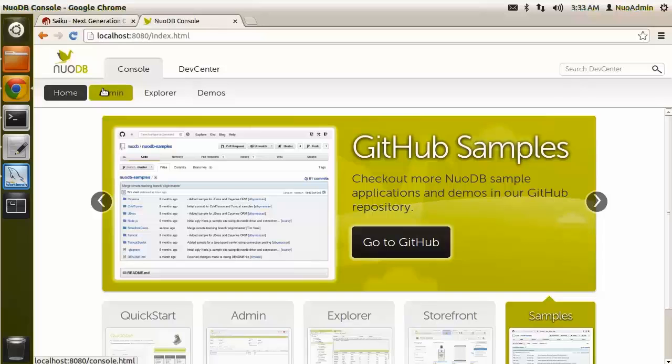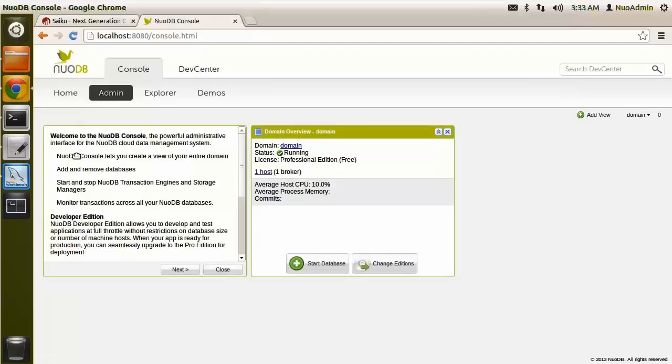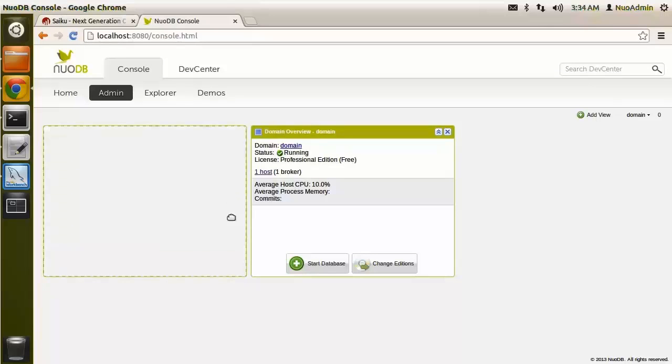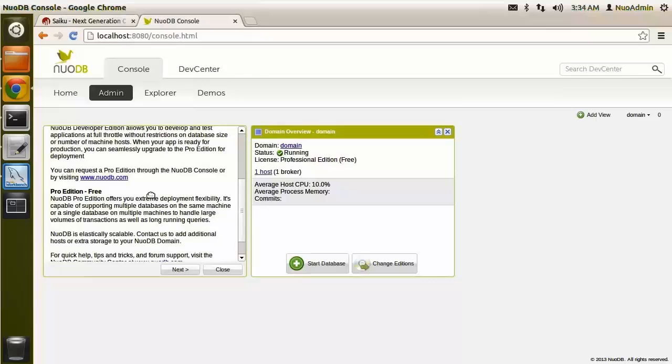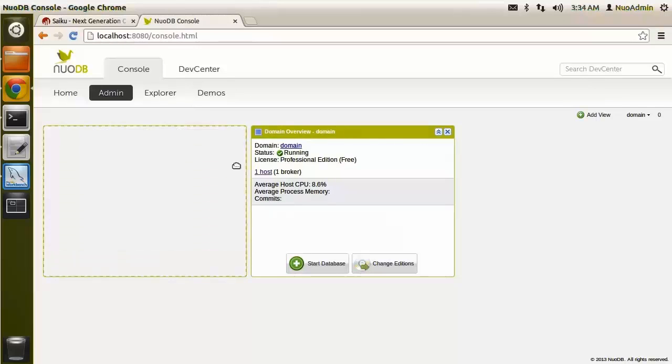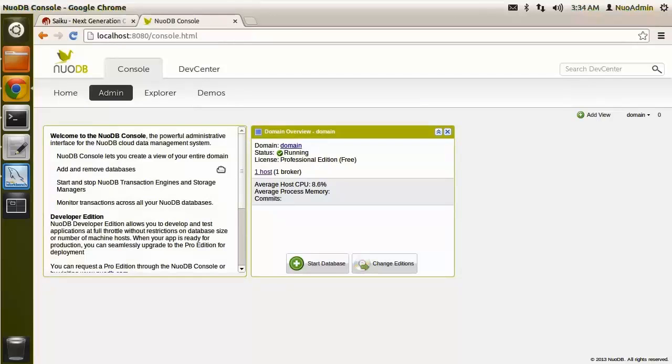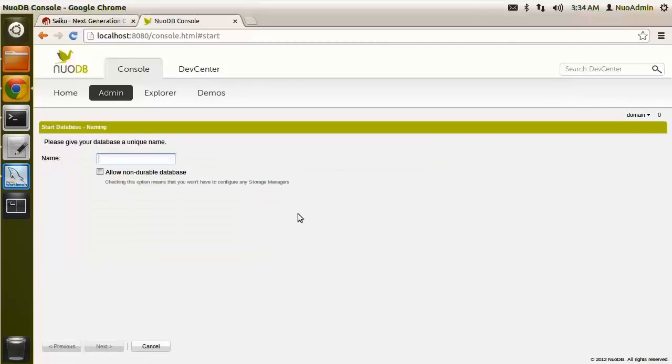We do that by going to the console, going to the admin, and the admin essentially gives you this quick guide on the left-hand side. Each time you install NuoDB, it basically gives you an overview of the different editions that exist. In the admin, I have a single host machine, which is a local machine that's running, and one of the things that I want to do on this machine is start a database. So I'll call my database